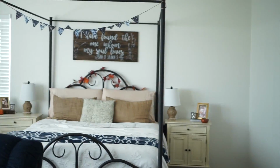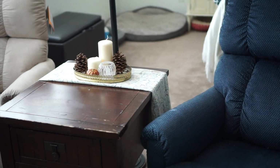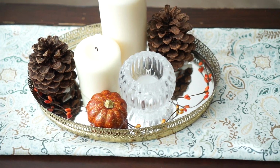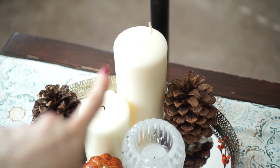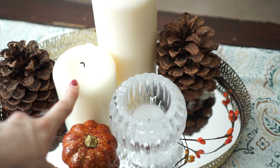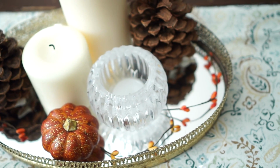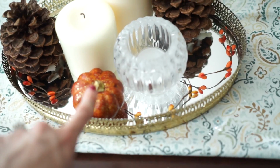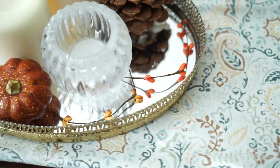And last, I have our master bedroom. So on this little table in between two chairs we have in here, I have this little tray that I bought a long time ago from the thrift store, but I decided to make it fall, so I added a couple of pillar candles, and then I have this glass vase that I actually got as a wedding favor when I went to my cousin's wedding, and I have a little tea light in there, a couple of cinnamon pumpkins, a little pumpkin that came off a flower stem from Joann's, and then more of those little pumpkin berry stems